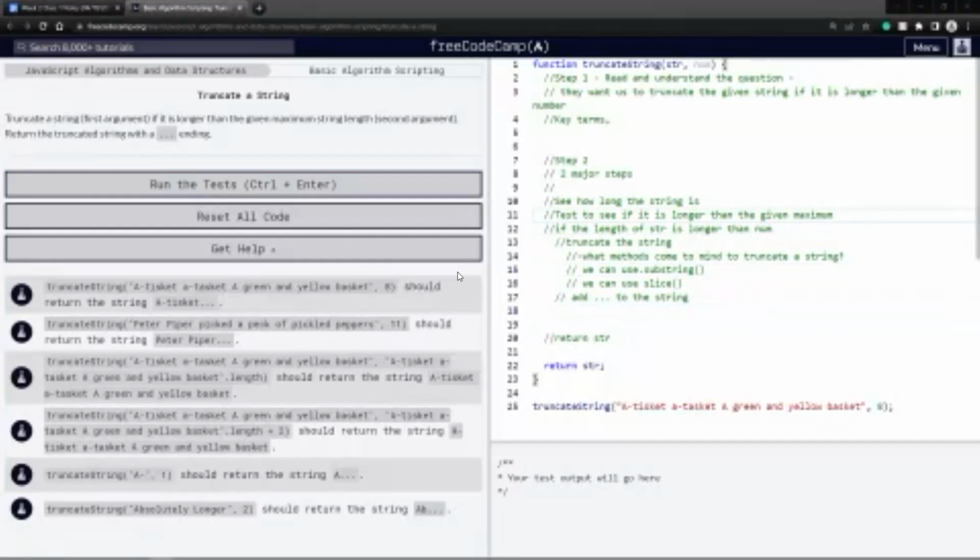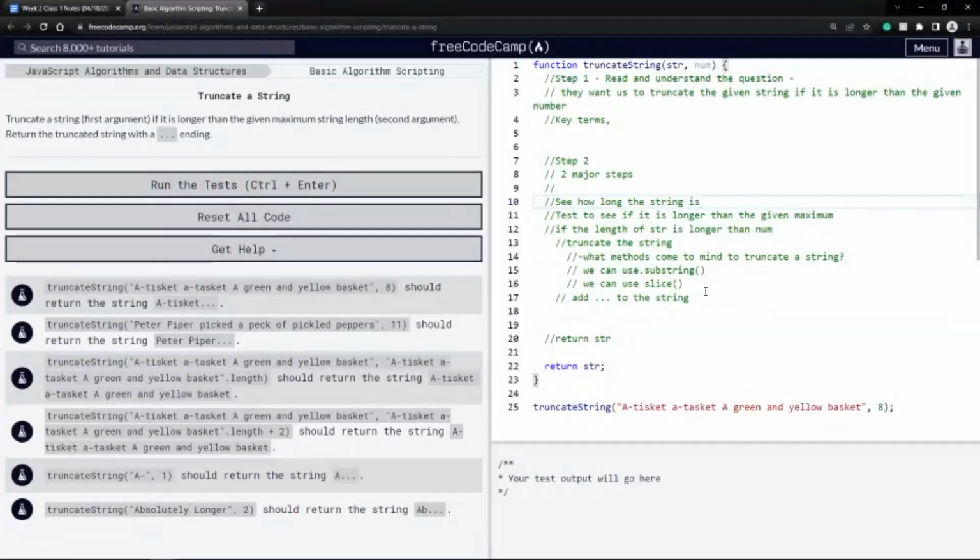What's the alternative? So if the string is less than the amount of the number, I mean, because I'm assuming we're doing an if statement, correct? If so else? This is pretty much all the logic you need, right? If the length of the string is longer than the number,